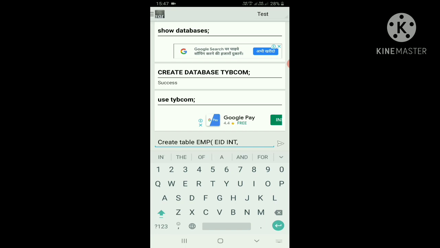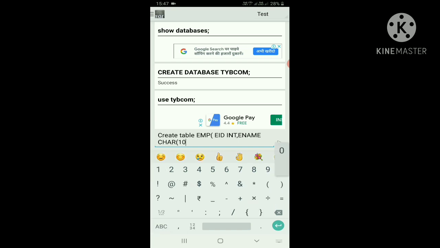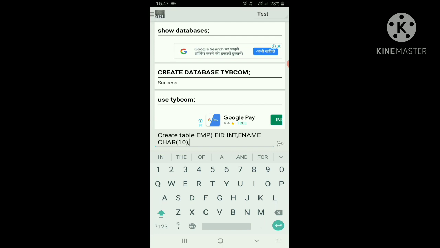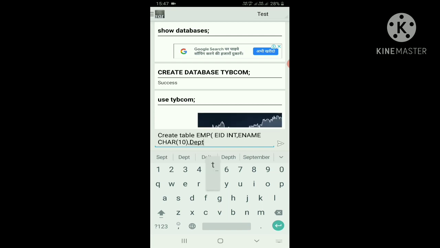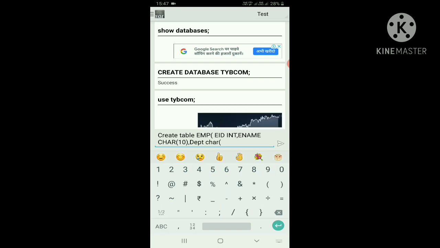Here I have used eid, with data type integer, so we can take 1, 2, 3. And ename, in the sense employee name, data type is character, char with size 10, comma, and then department. The department is also a character data type, and you can take a size of 10, not more than that, so that the database can easily run it.